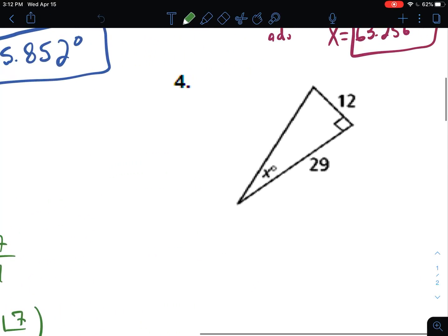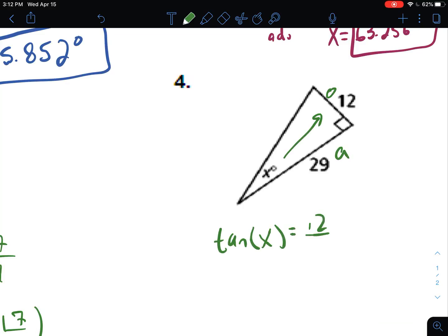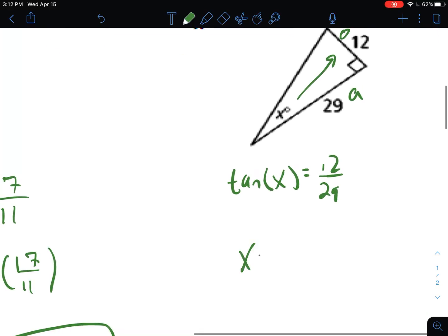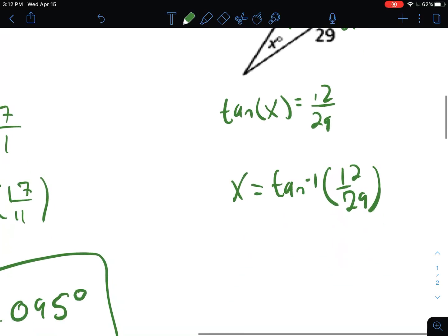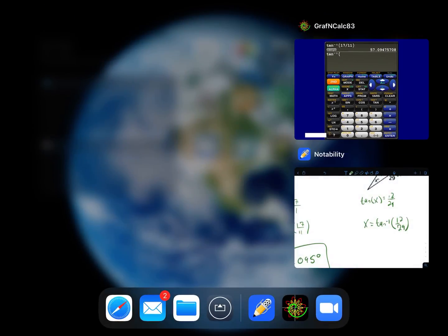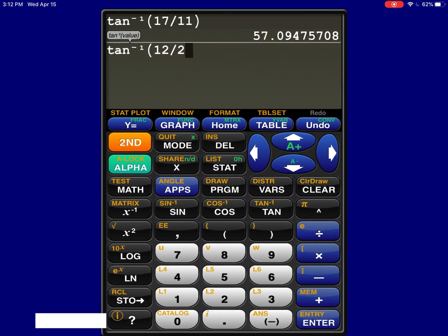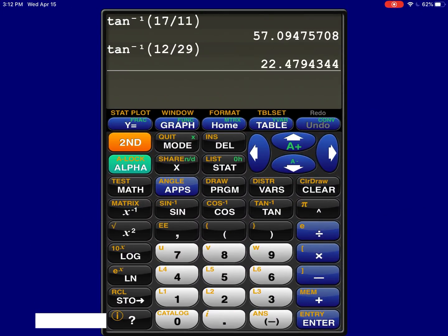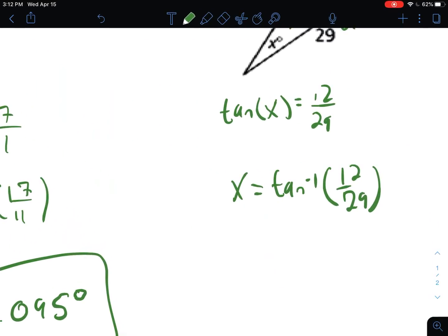And then the last one, looks like we have opposite and adjacent again. So then it's another tan, so tan of x is equal to opposite over adjacent, and then we go x is equal to the inverse tangent of opposite over adjacent, and so that's going to give us second inverse tan. It was 12 over 29, 22.479, so x equals